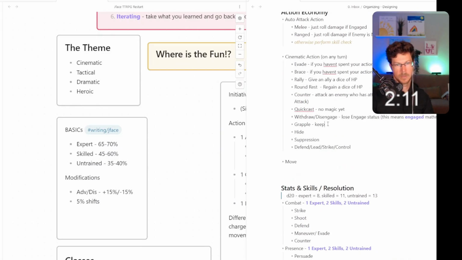Grapple, keep an enemy engaged. Hide, I think that's pretty self-explanatory. We'll get back to that, I guess. Suppression, keep an enemy from moving or reduce their accuracy.